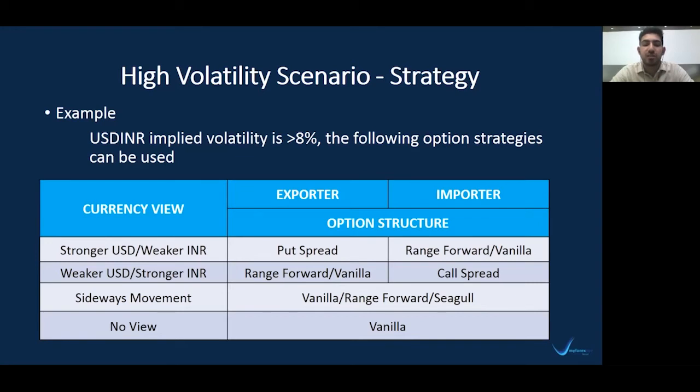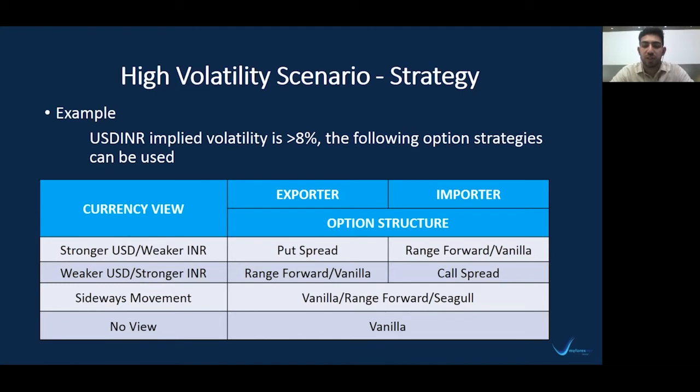I do a range forward by buying a put option and selling a call option. Now, let's say the spot is at 74. So I buy my put option at 74.50 and I sell my call option at 75.50. So by doing this, I have fixed the currency range between which I have protection. Now, if at any point of time in the future the market breaks the currency range of my range forward, only then I'm open to losses. But since this is not a leveraged position, my losses will be a minimum.